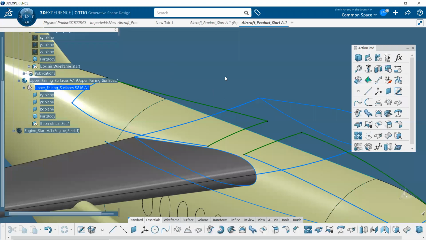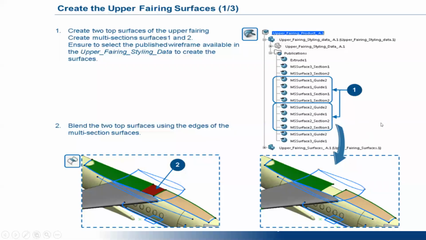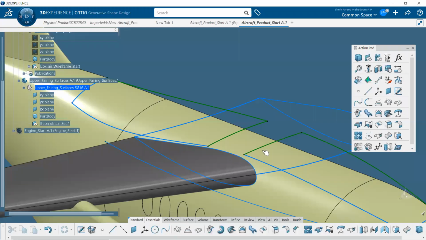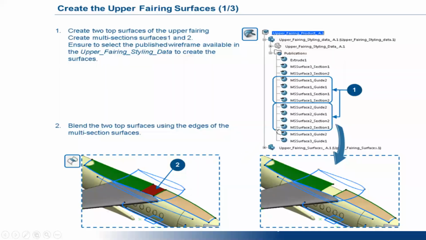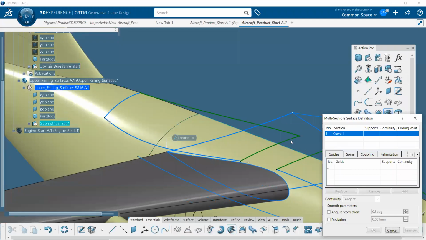So just select the multi-section option, and then select this longer side, this one and this one as a profile, and for the guides select this side and this side. Preview.